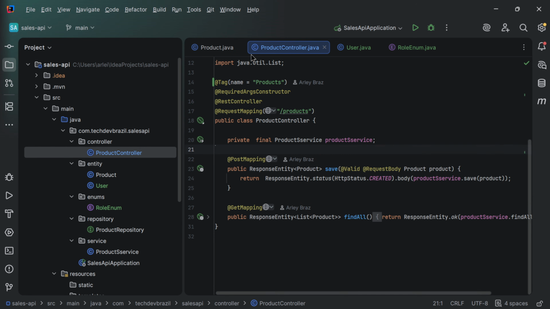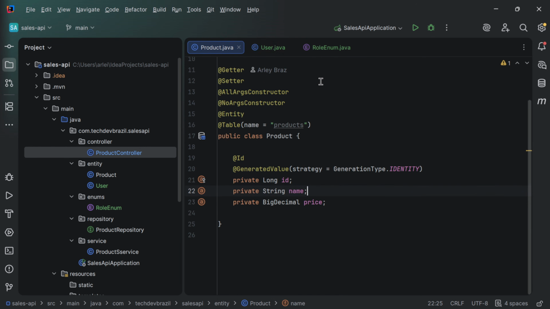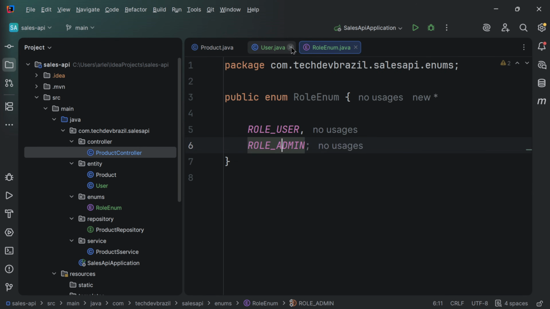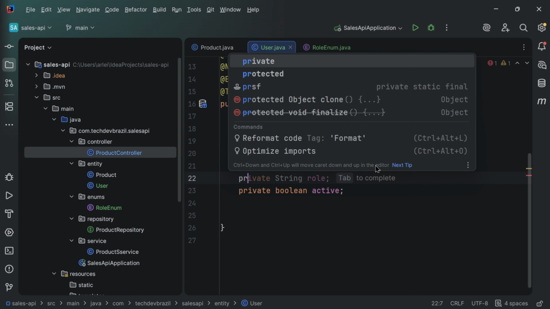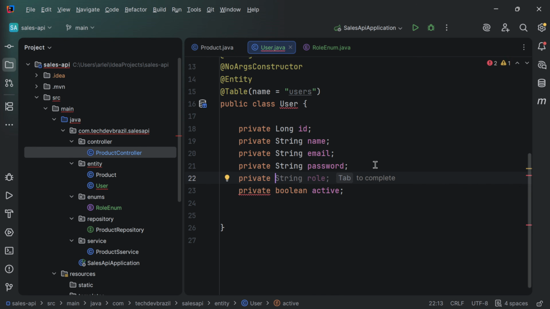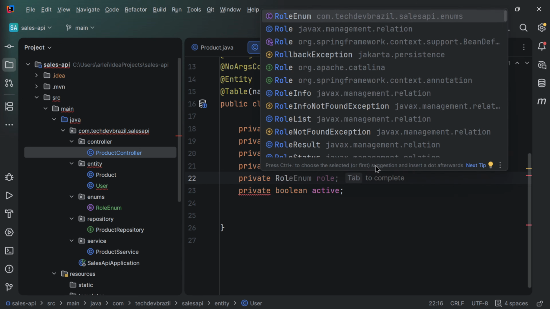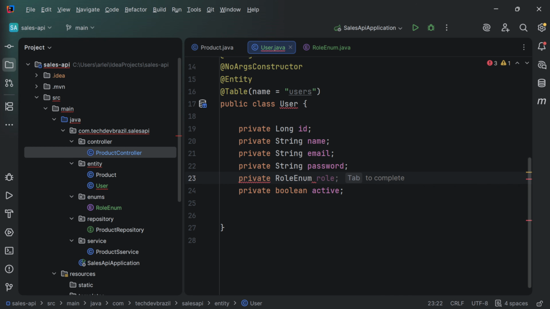Okay, so now we have here, let me close this. We created the enum, and now we can add another attribute, which will be the private role. Let's add private RowEnum, we're going to call it row, and we're also going to say something like the type of this attribute